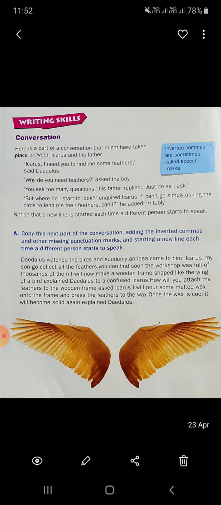Your answers may vary. I want you to write the answers for these three conclusion parts of this particular story, The Flight of Icarus. You can record your answers in the same A4 sheet. Is it clear? And soon after writing these three conclusion part answers, you can look into the video where I have sent a link, a YouTube video, The Boy Who Flew Too High. Just watch the video and you can answer the set of follow-up questions based on that. Hope it's going to be quite interesting.